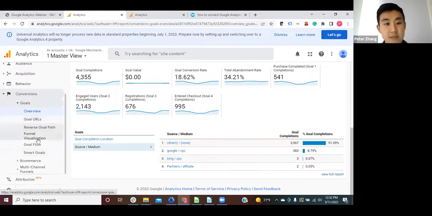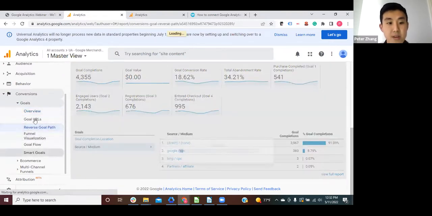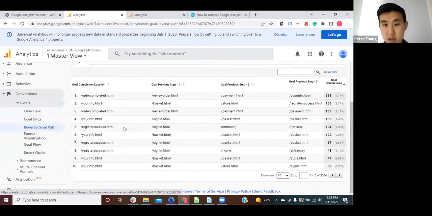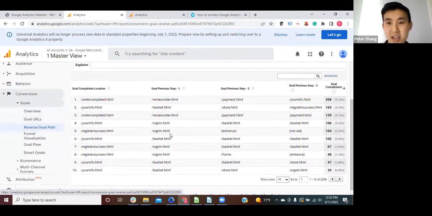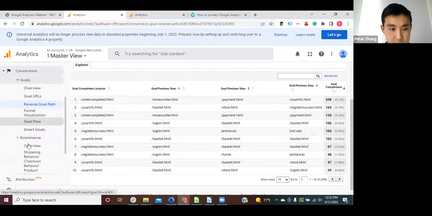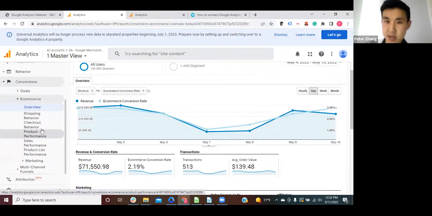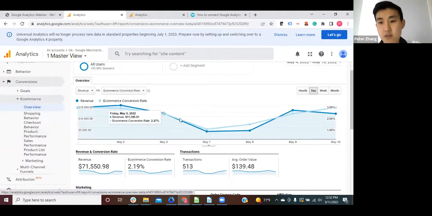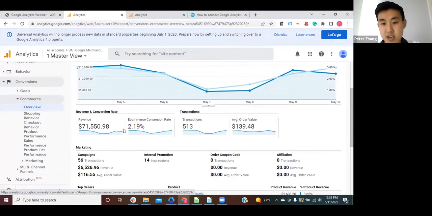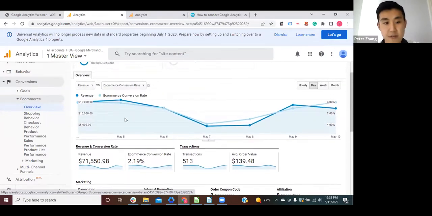You can also look at more details of the steps people might have taken to get to your goal. You can look at goal URLs a little more closely too, but this is a little more detailed information that might be helpful if you're really involved in a marketing campaign, but it's all here once it's set up. There is an e-commerce section, which can also be set up for your site. And if you're booking and getting the values of the bookings integrated in, then this is particularly helpful just to be able to see transactions and conversion rates with that as well for different products or services that you're offering.